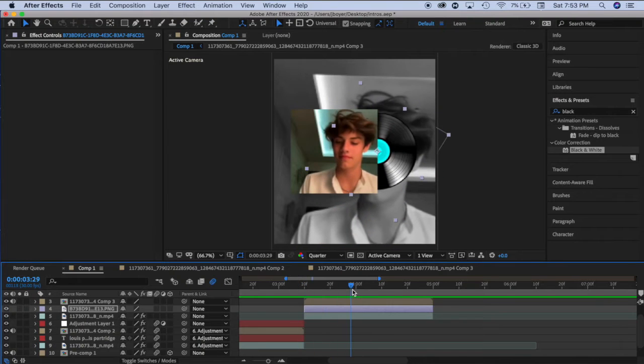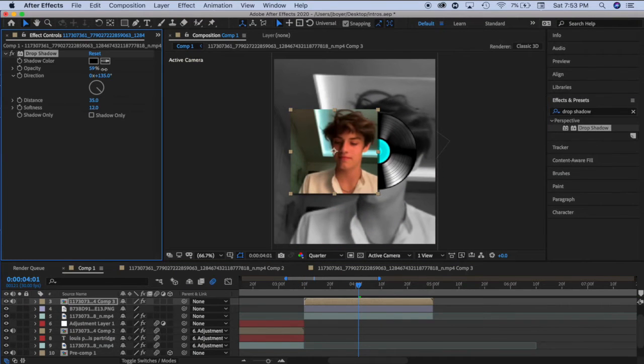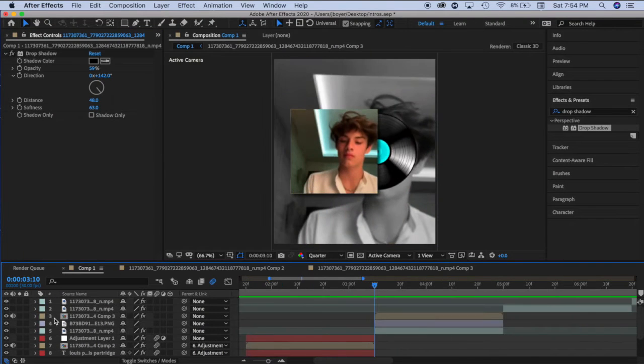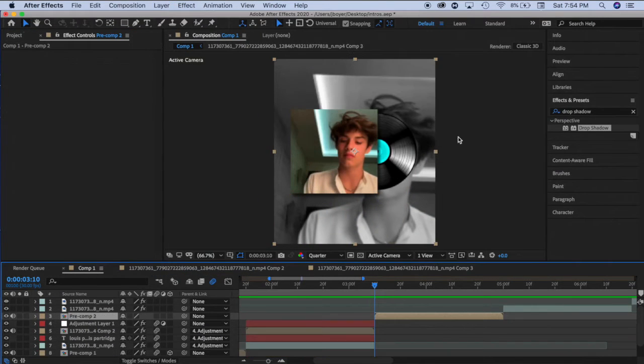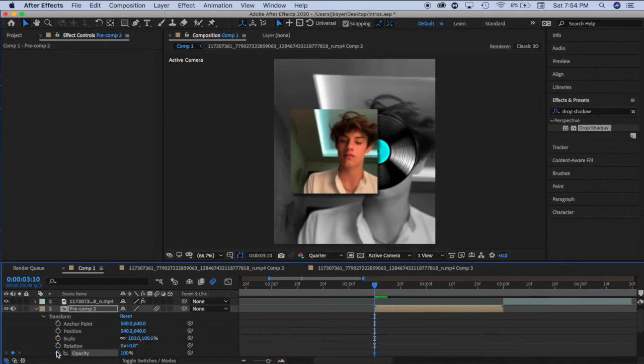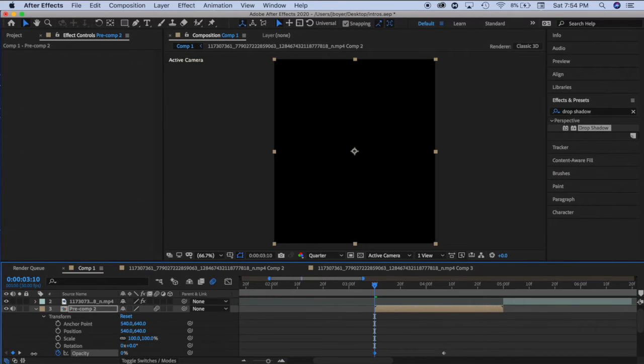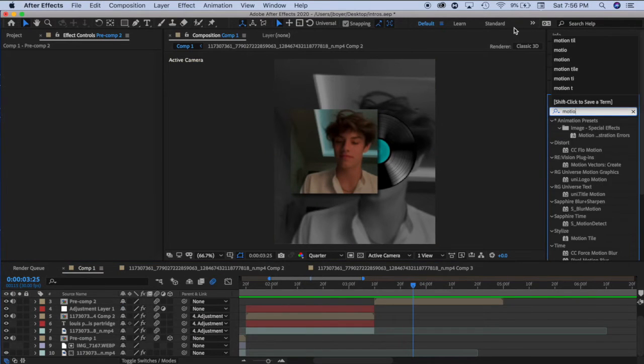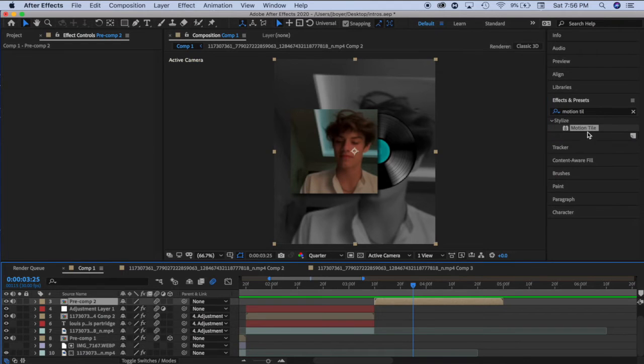And then I'm going to be adding drop shadow to this clip, and I'm playing around with it. And yeah, now I am pre-composing all of them together and keyframing opacity so I have a fade in. And then I'm adding motion tile to this clip